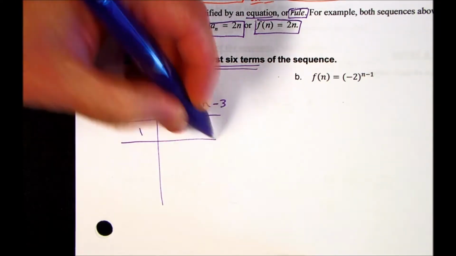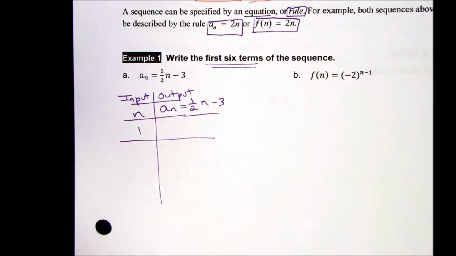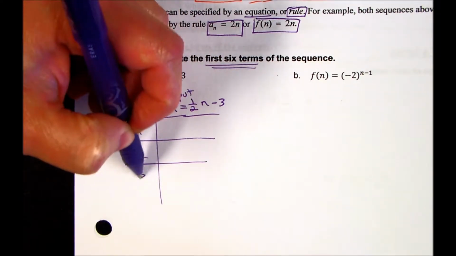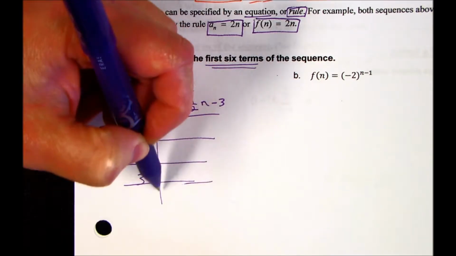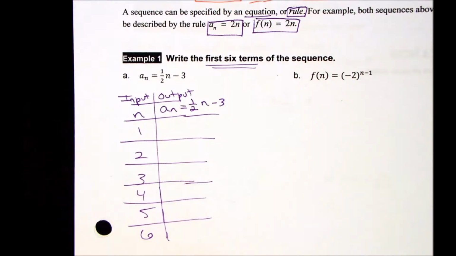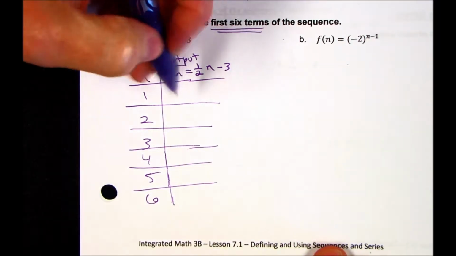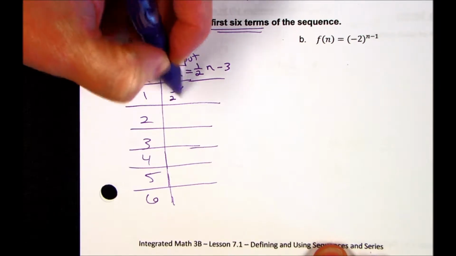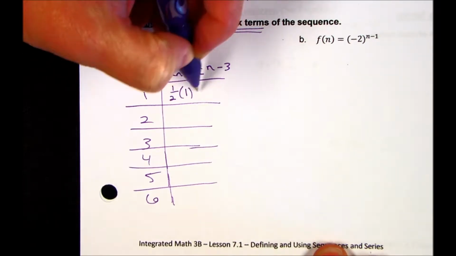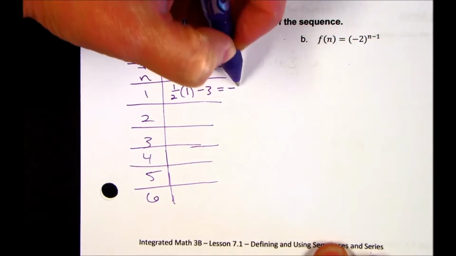So we have to do this for the first 6 terms, which means we're going to find the first term, the second term, the third term, the fourth term, the fifth term, and the 6th term. So we've got to find the first 6 terms. So if I take 1/2 of 1 minus 3, half of 1 is a half, minus 3 would be negative